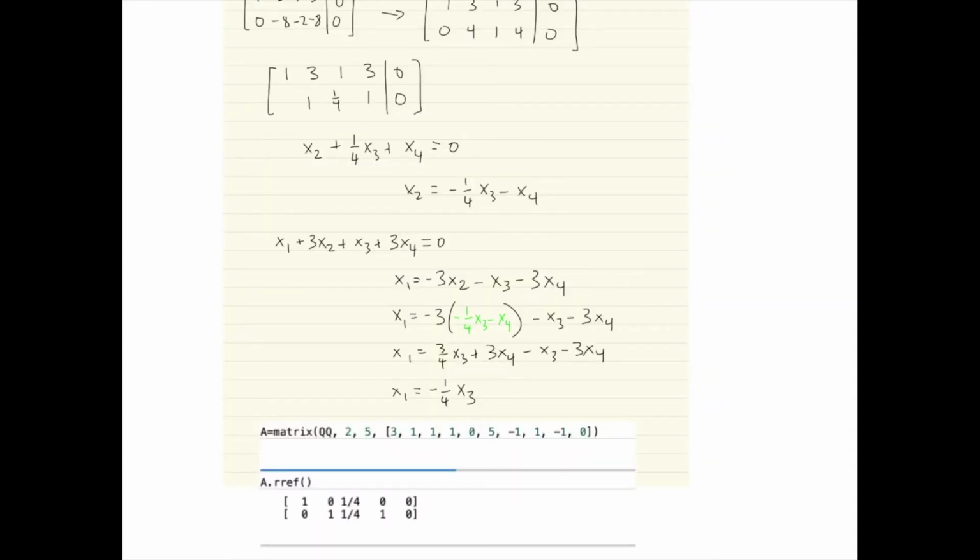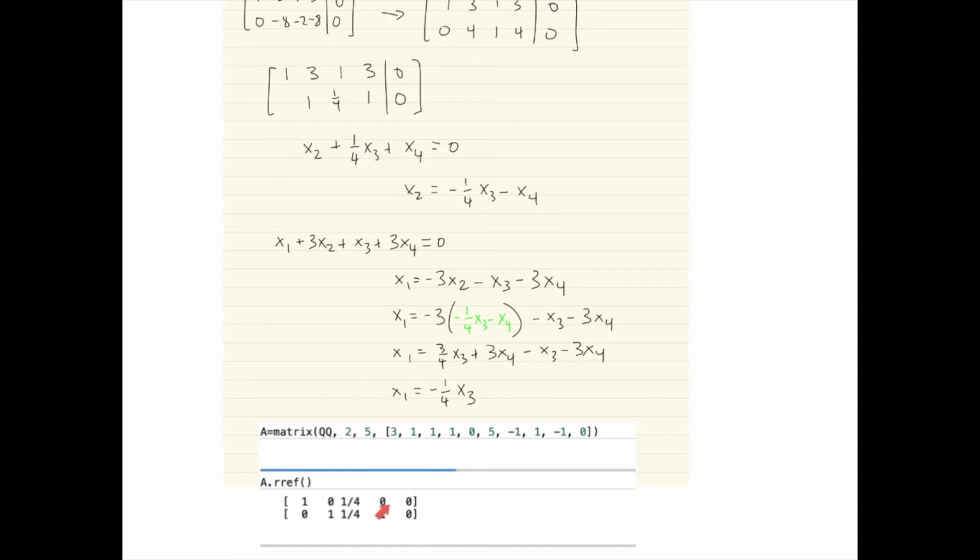Here I've added now the code to do this in Sage. A is the matrix with coefficients in QQ. It's a 2 by 5 matrix, and I've entered the first row and second row, and then I just find the reduced row echelon form of A,